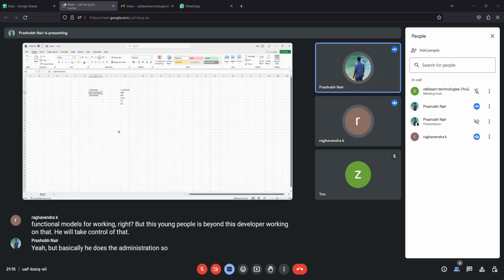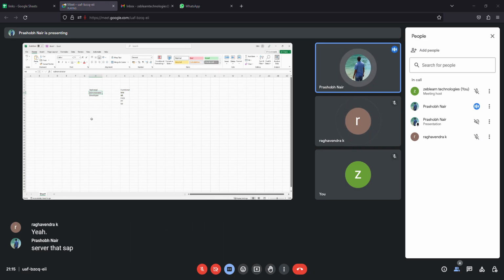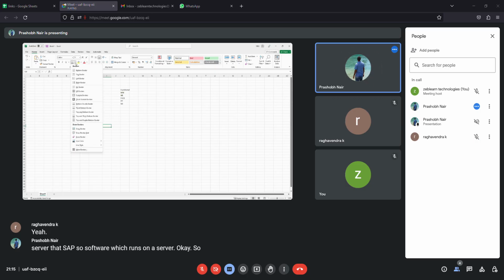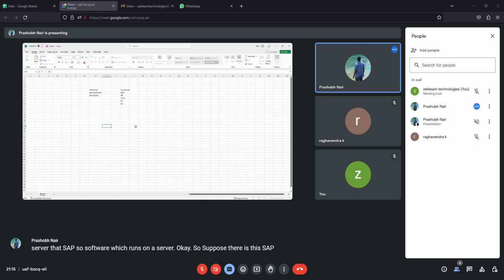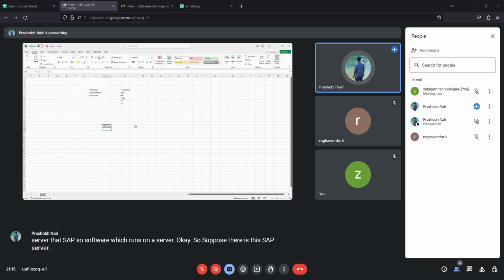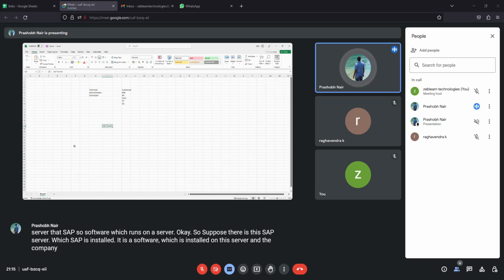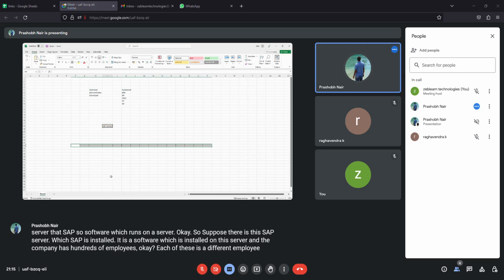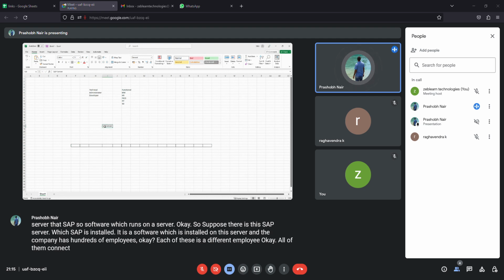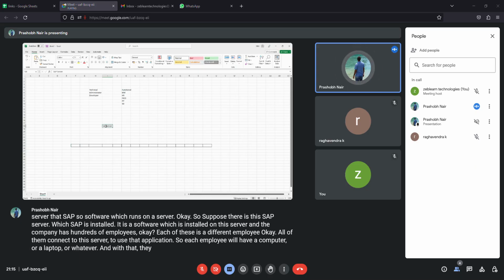So if there is an SAP server, right? SAP is a software which runs on a server. Suppose there is this SAP server on which SAP is installed. It is software which is installed on this server, and the company has hundreds of employees. Each of these is a different employee. All of them connect to this server to use that application. Each employee will have a computer or a laptop or whatever, and with that they connect to this server